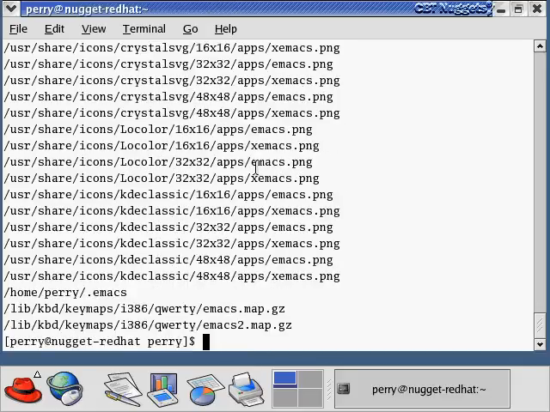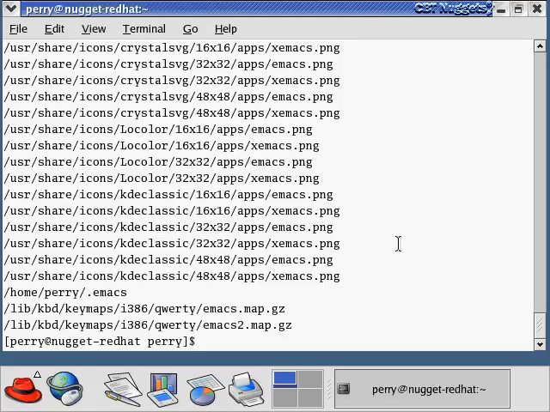You can see here everything's got Emacs somewhere in this directory or path name or the file name. Seemingly that would be a really long, intensive search to look at every single file on the system and see if Emacs is in that file name or not. But actually the locate command is very quick, and you can see as soon as I hit locate Emacs, results started showing up, and they just scrolled down the screen as fast as we could see. The reason that the locate command is so quick is because it's not actually searching through the directory hierarchy for files that contain the word Emacs. What it's doing is it's referencing a database that's in the var lib slocate directory, and that database is called